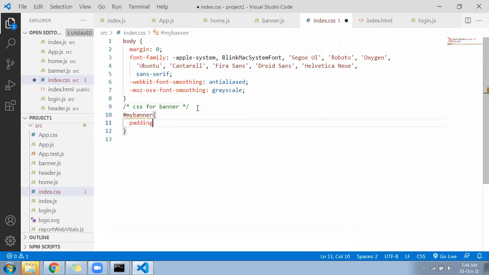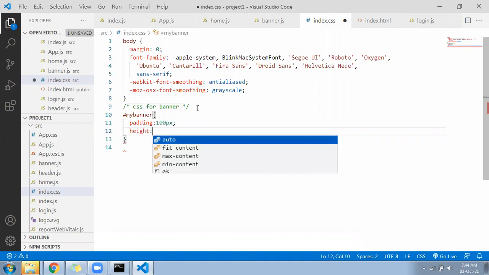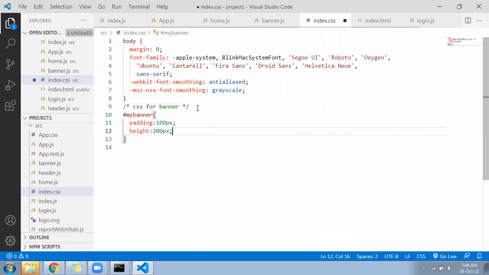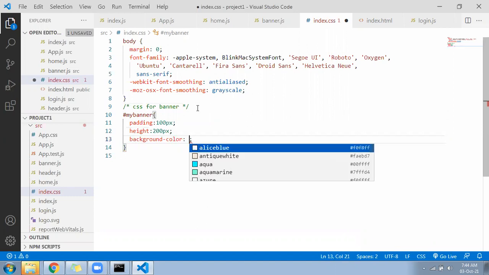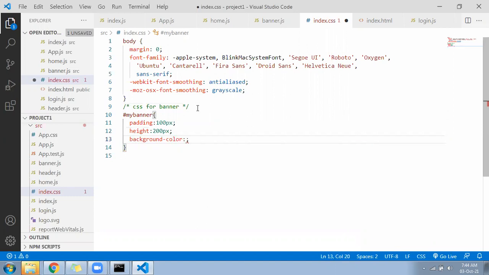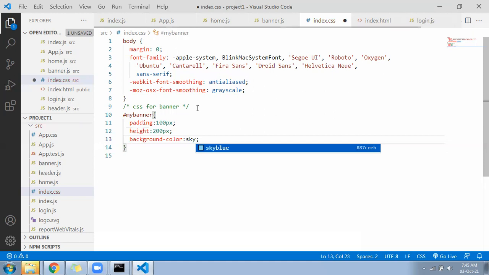Adding width 100 pixel. Then height 200 pixel. Then background, keep some color, sky blue color.